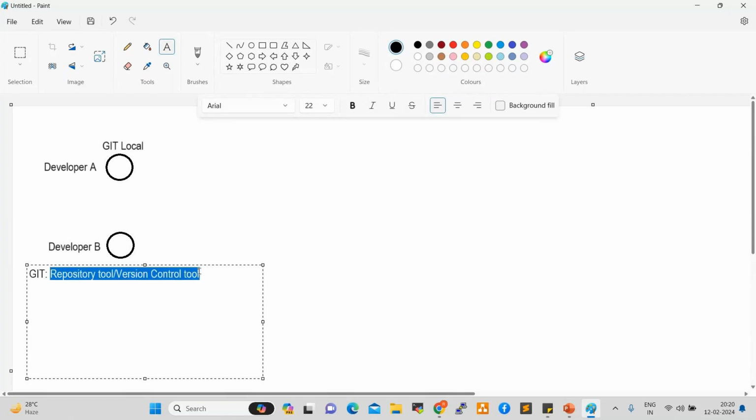What is a repository? Where we store our data, where we store our source code, is nothing but a repository. Git is a repository tool or version control tool we are discussing. A repository is where we store our data and save our source code.